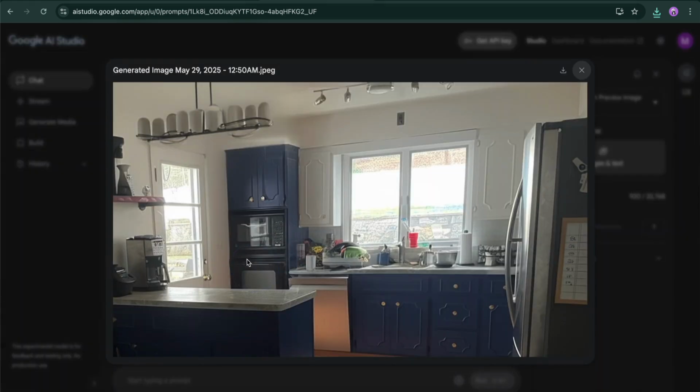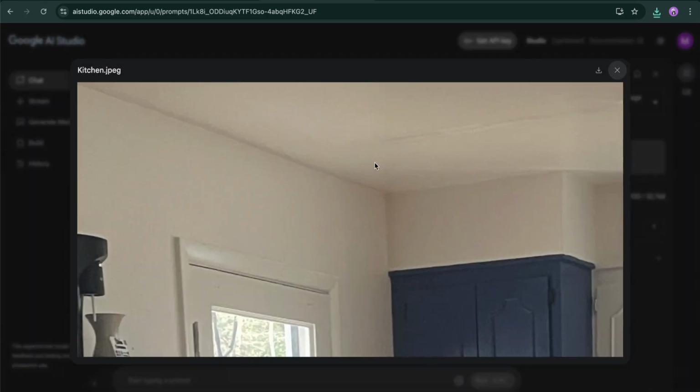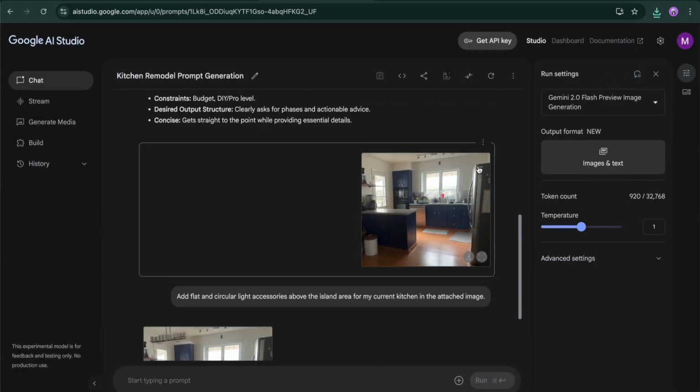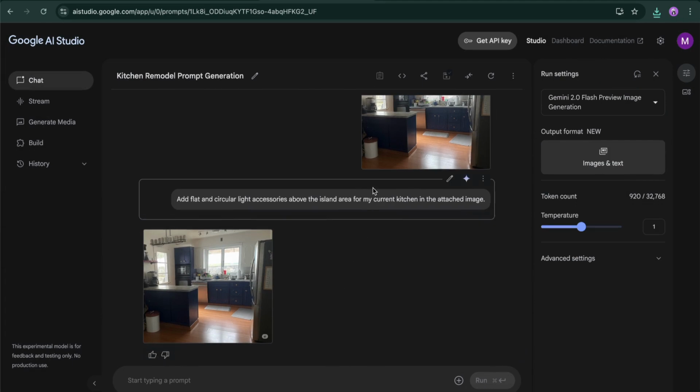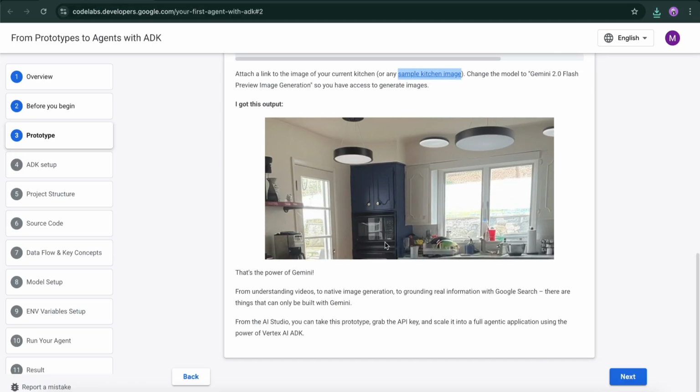the output looks like. Wow, you see this? How real do they look? Well, they weren't present in the original image. How cool. So, this is the power of Gemini. This is what we're going to do, and this is how the output would have looked like in the demo